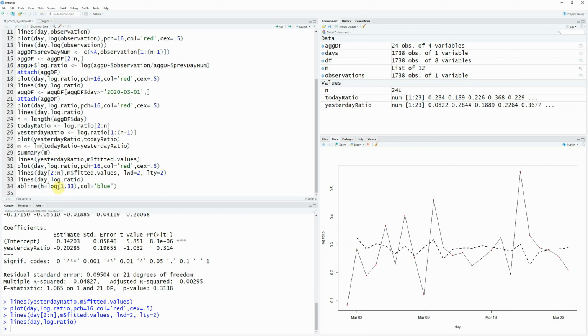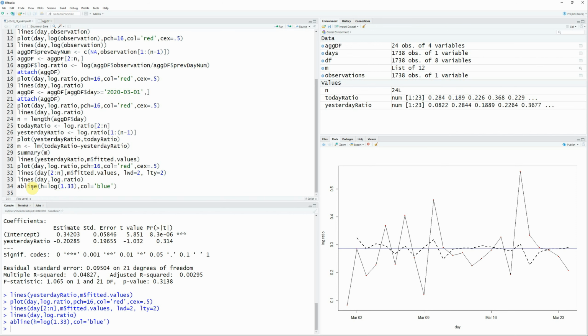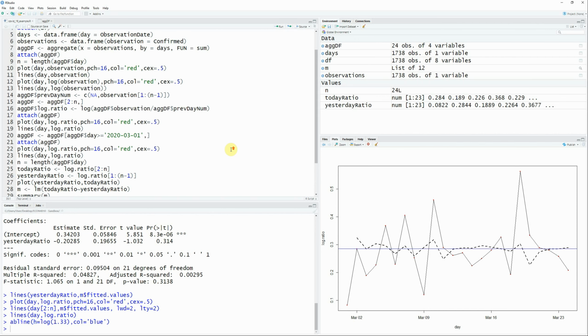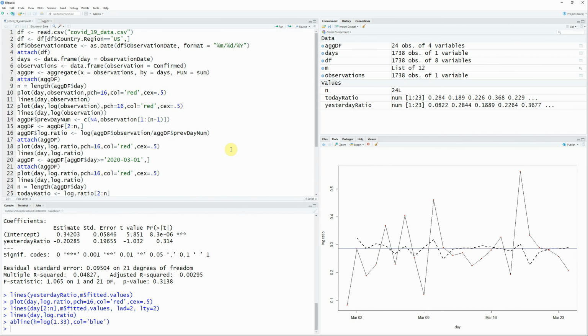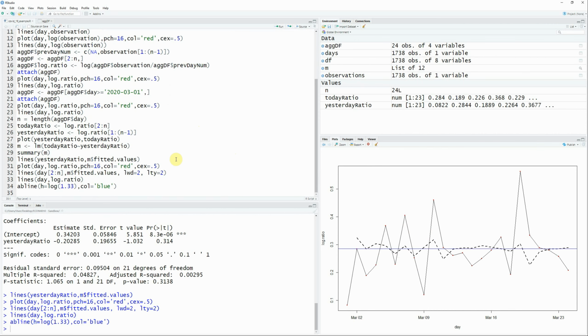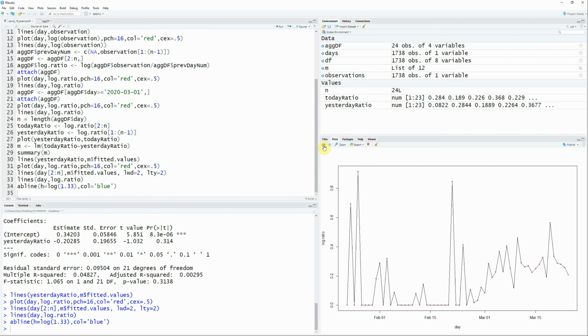If I get the log of 1.33, that is like if the ratio of 2 consecutive days was like every day is like 1/3 more than yesterday. So I can show that line as well with the color of blue, and you can see that my data is kind of like around that. So that was just some simple example of how variable transformation could give us better understanding of data that we are studying. If we were just sticking to original data that we had here,